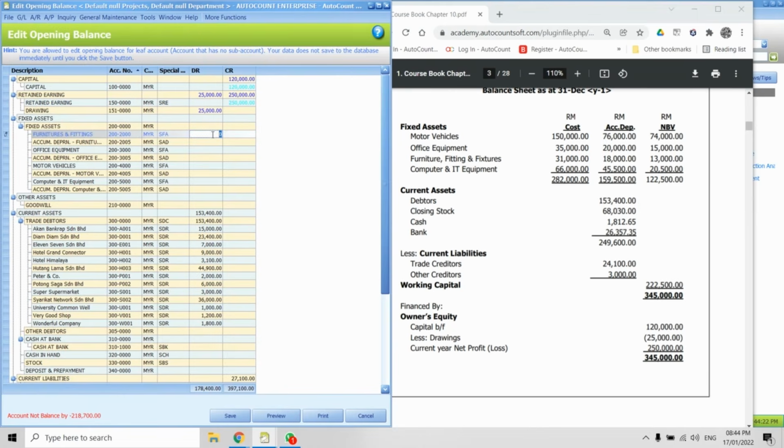on negative, right? So don't repeat that method anymore. Just look at the cost and also the accumulated depreciation will do. Motor vehicle is 150, depreciation is 76,000, office equipment is 35,000, depreciation is 20,000,